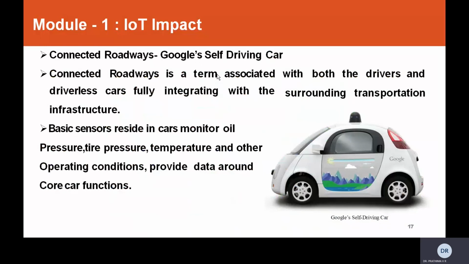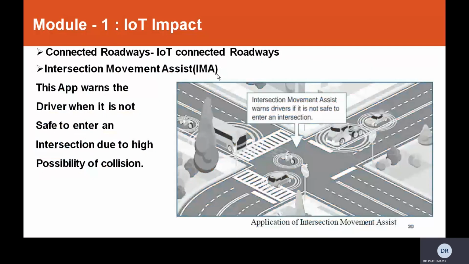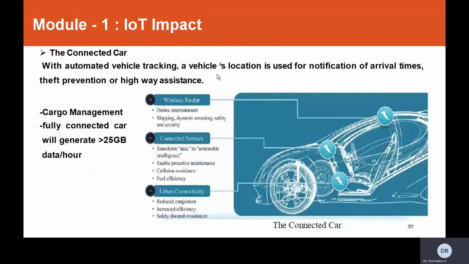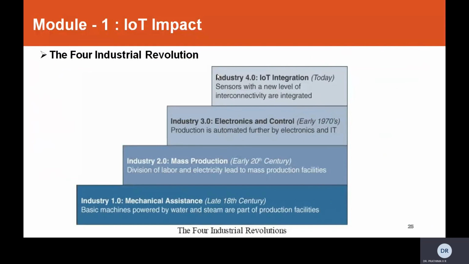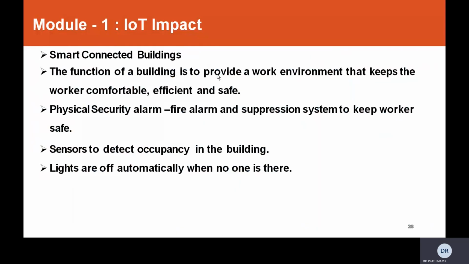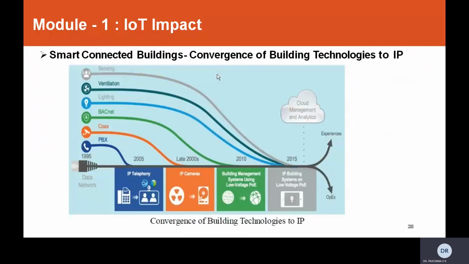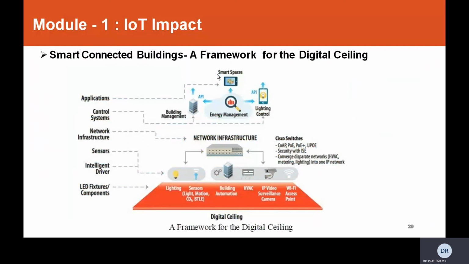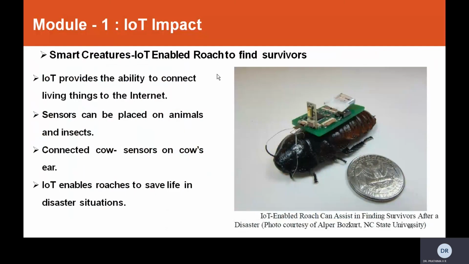The impact of IoT on several innovative applications includes Google's self-driving car. Then we can see the Google Assistant, which acts for a self-driving car. Then we see the connected factory. We see the actual revolution which has been applied to connected factories. We can come across smarter connected buildings. There is a convergence of technologies with these smarter buildings. Then we can come across smart creators to find survivors who are placed inside, using sensing devices. Maybe this can give an application for disaster